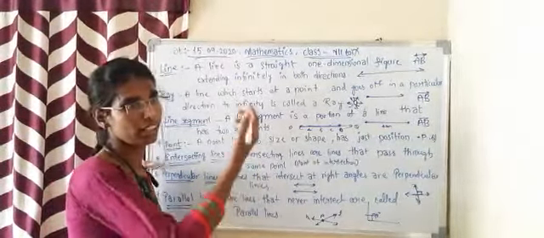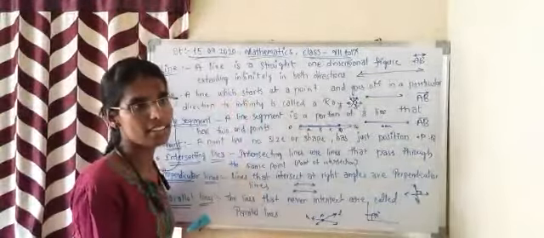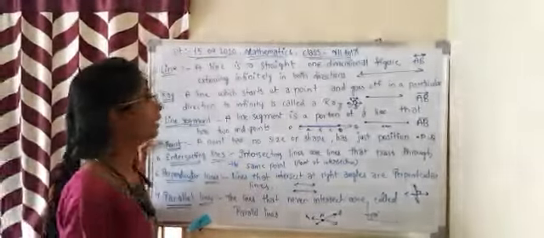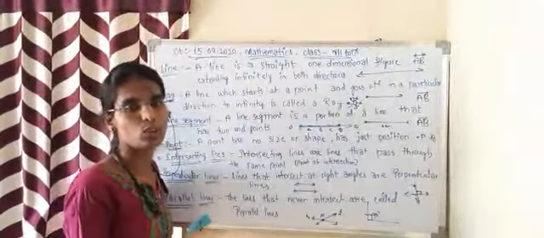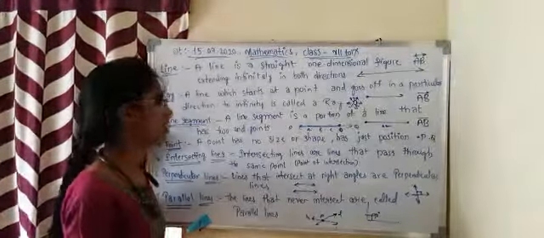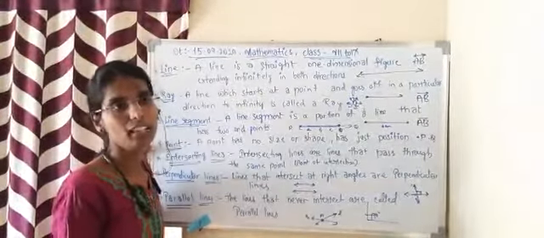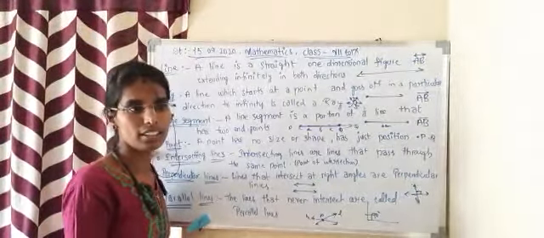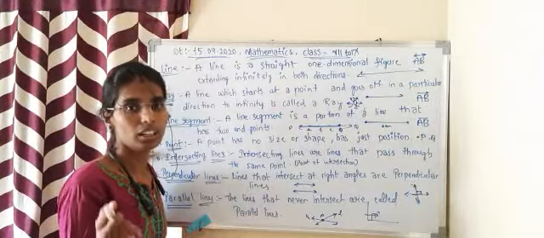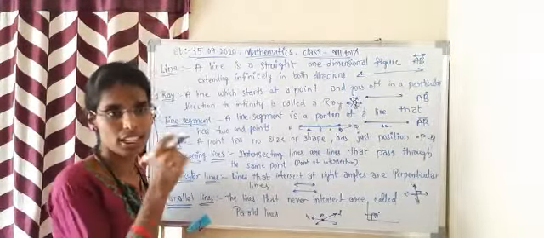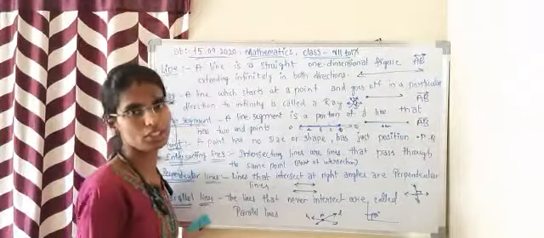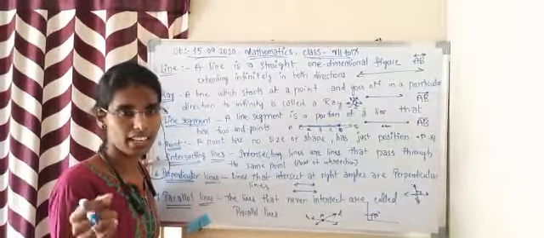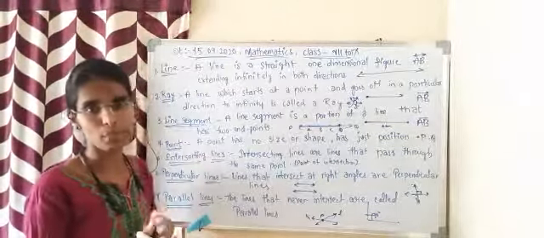Again, a line has no end points. It goes on to infinity. Next, a ray has one end point and it goes in one direction to infinity. Then a line segment is a portion of a line which has two end points. Then a point has no size or shape. It just shows us the location or position of something. And then intersecting lines are lines which meet at one point.